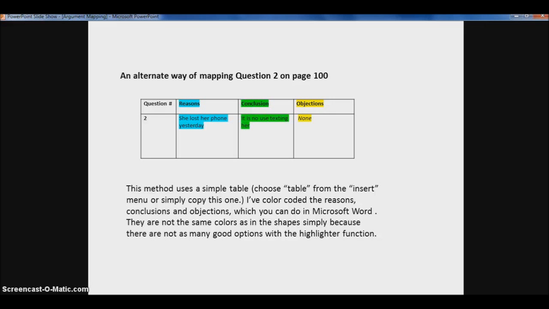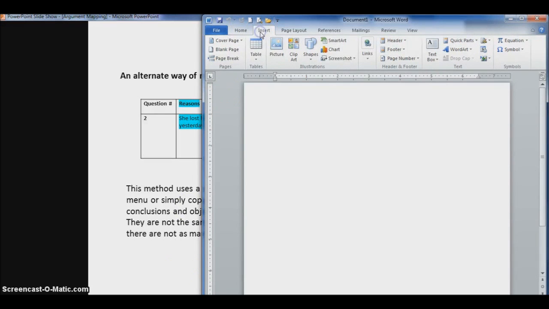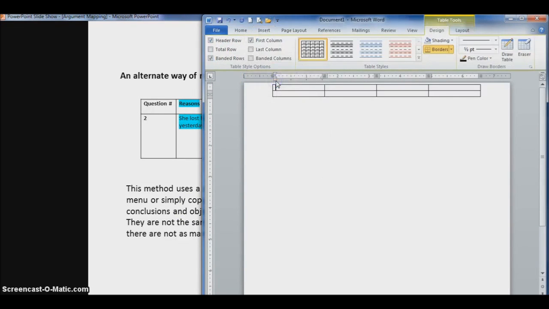So actually, let me just show you this. You can go to Insert Table, and I want 4 columns and 2 rows, and I could type question, tab, reasons, tab, conclusion, tab, objections,